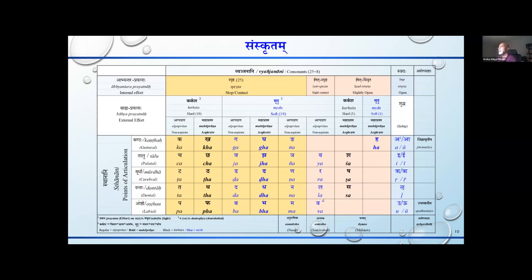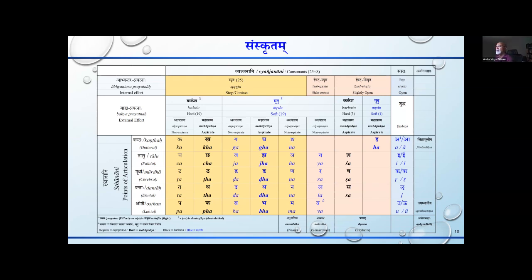The ta, tha, da, dha, na are the so-called ta varga. Now they are all murdhanya, and so the tongue will roll backwards and the tip will make contact with the roof of the mouth. Ta, tha, da, dha, na. Same is the case with ra, and sha. And generally, this